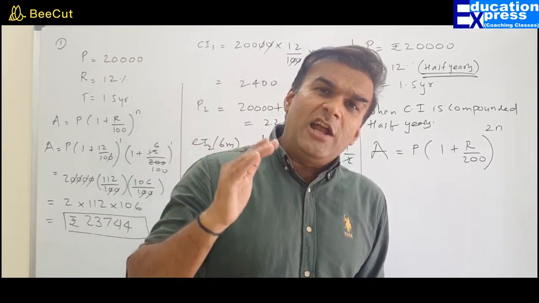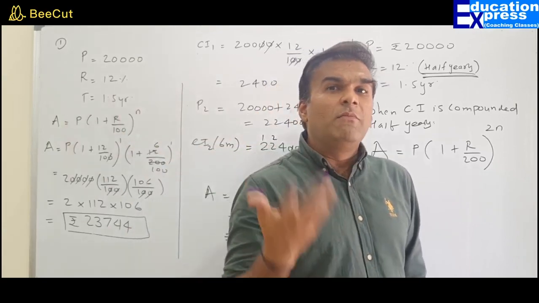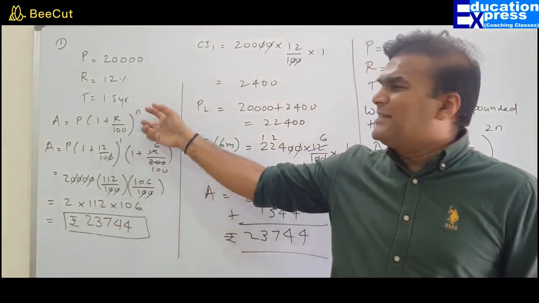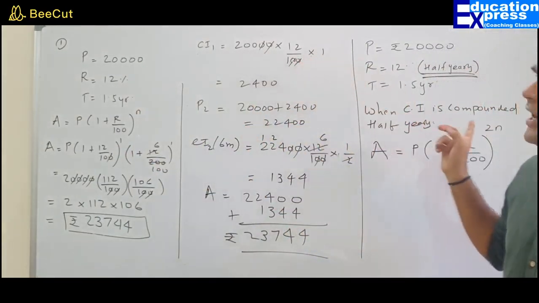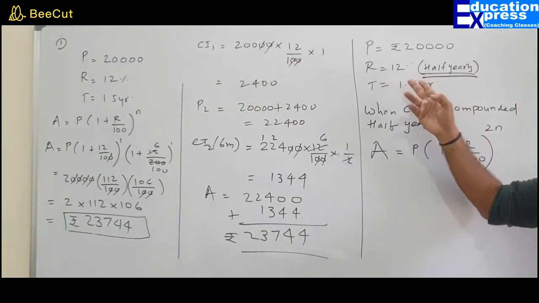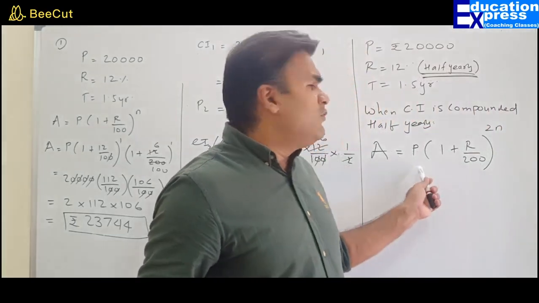So the interest at the end of 1 year would be quite more, and interest at the end of 18 months would be more as compared to this case where you are getting interest over here after 1 year. Here I am going to get interest, though the rate is same, but after 6 months. So undoubtedly, this would be an advantage.